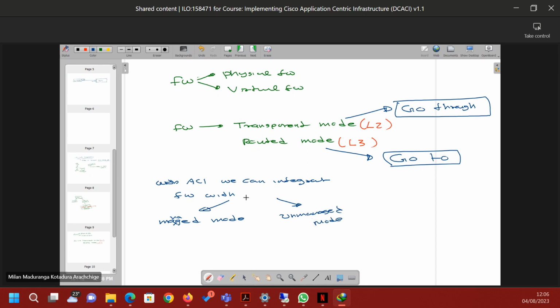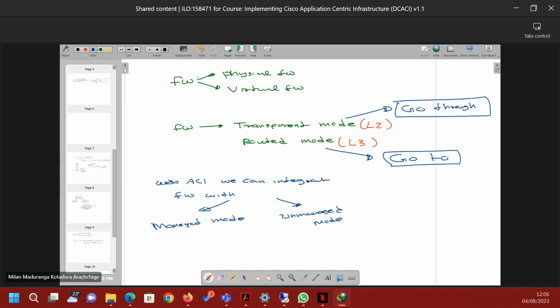So there are two types of firewall integration, physical and virtual. Then we can integrate that in transparent mode or routed mode. Then when we integrate that with ACI, there are another two types of modes that we call managed mode and unmanaged,